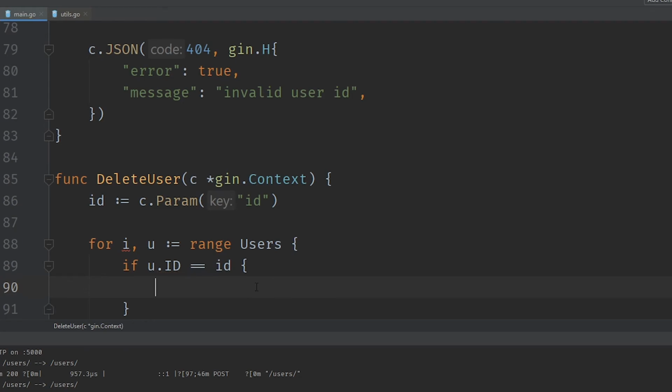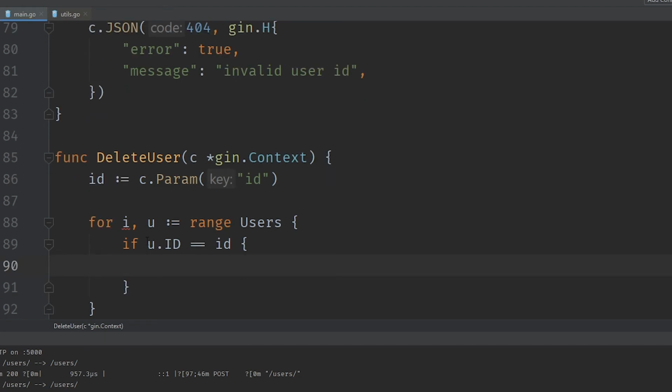So if they are equal and it's a match, then what we want to do is remove this user from users. Golang doesn't really have a slice method or anything like that, so we have to take it out ourselves. The way that we do this might sound a bit confusing, but hopefully I can explain this to the best of my ability. What we want to do is say users is equal to